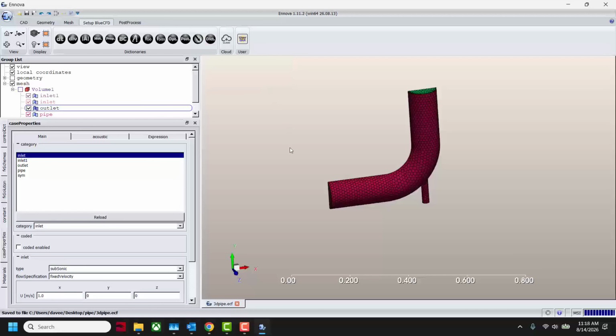And this is where it gets really interesting with the Ennova Blue, because in the past we would export the geometry and then you would have to take that geometry. I'm working on a little laptop here. We have to take that mesh, OpenFOAM mesh system, and take it to a Linux machine and run it on Linux. So now for the people that are just running on a Windows laptop,